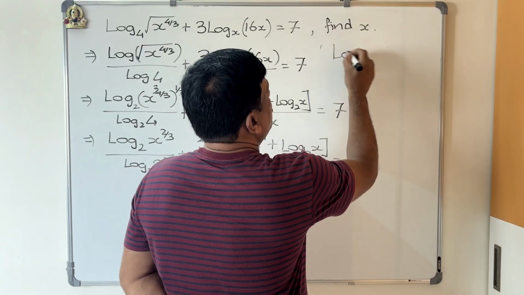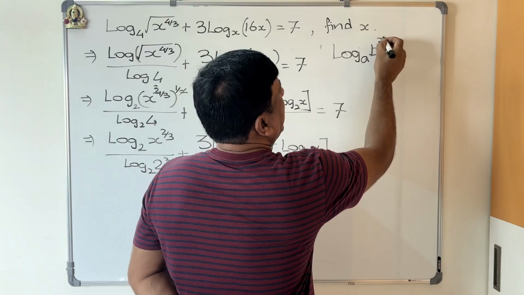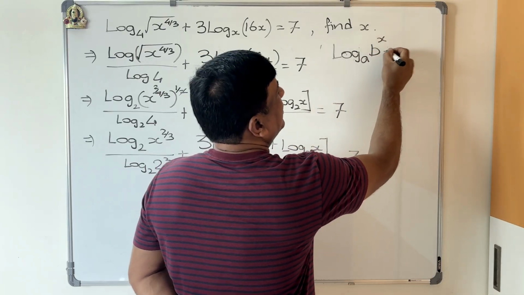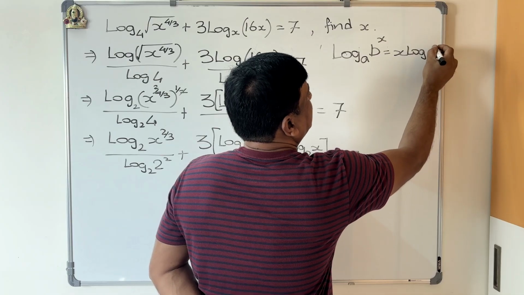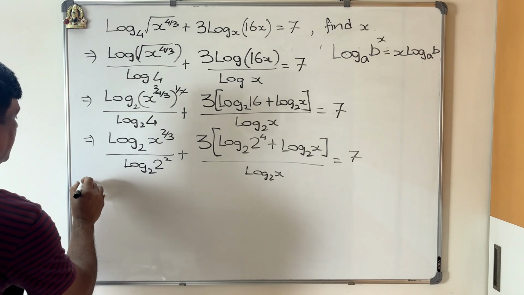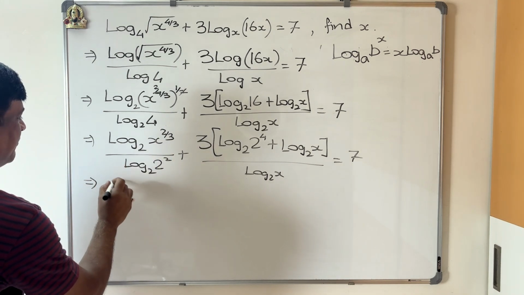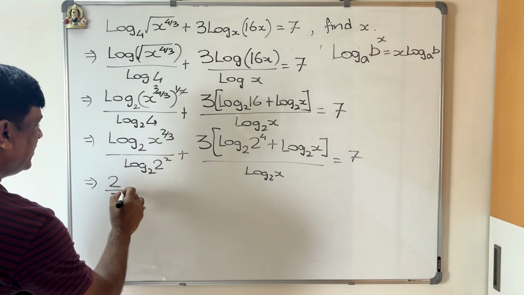log of, say, a b to the power x. If you have a power over here, you can write it as x times log of base a b. That is what you can do. So you can do the same thing over here. So this 2 by 3 will come here, 2 by 3, and you're left with, on the numerator, you're